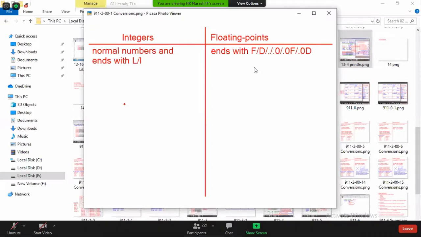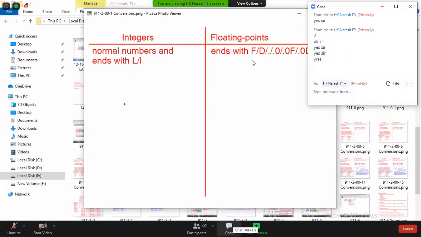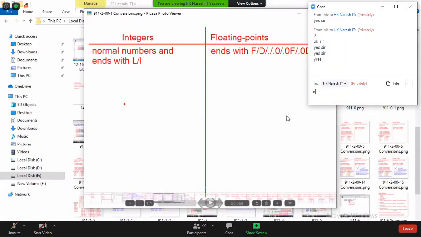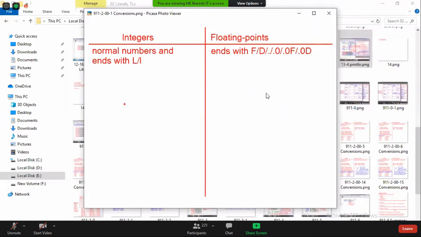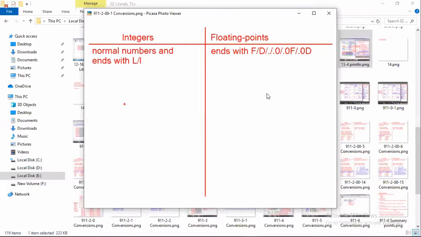Some foreigners are pronouncing it as decimal. Even some students in our earlier batches, when I ask what 10.5 is, tell me it's a decimal. Right? 10 is the whole part, 0.5 is the fractional portion, and both together are called a floating point number, or you can call it a real number. Dot means decimal.